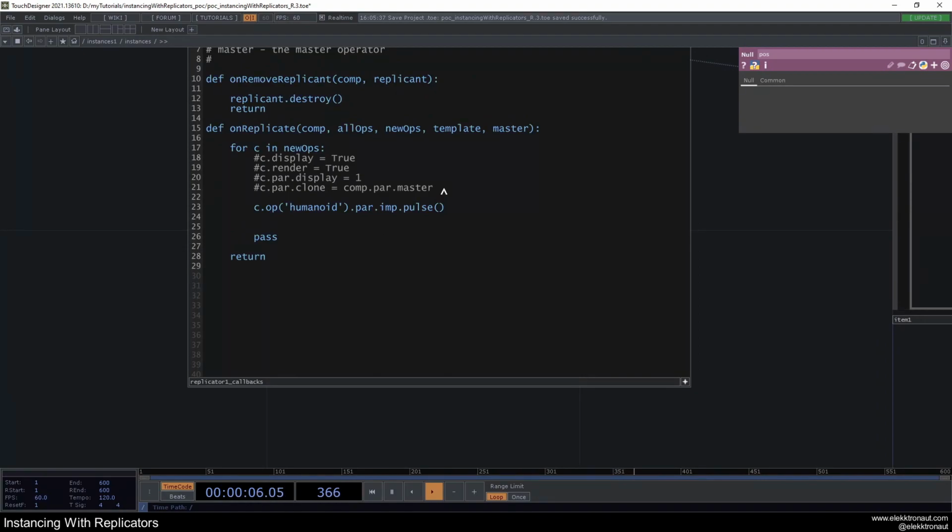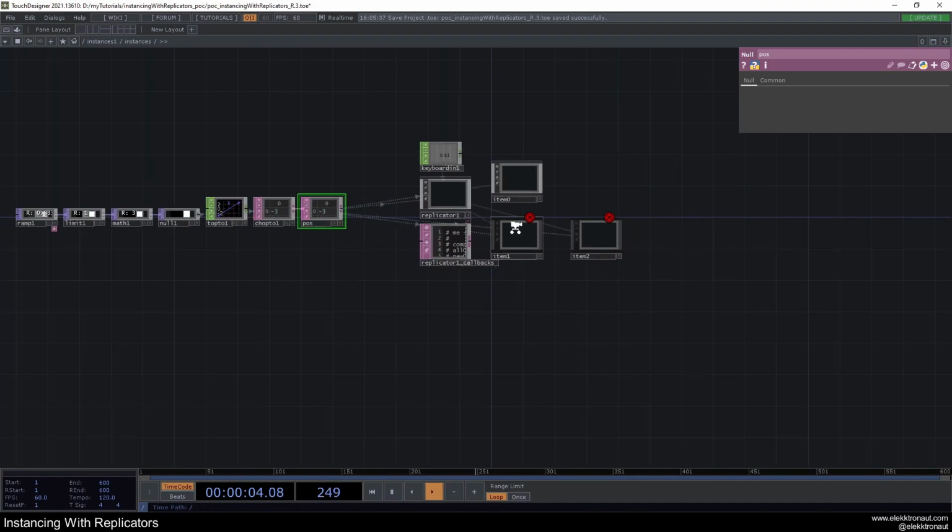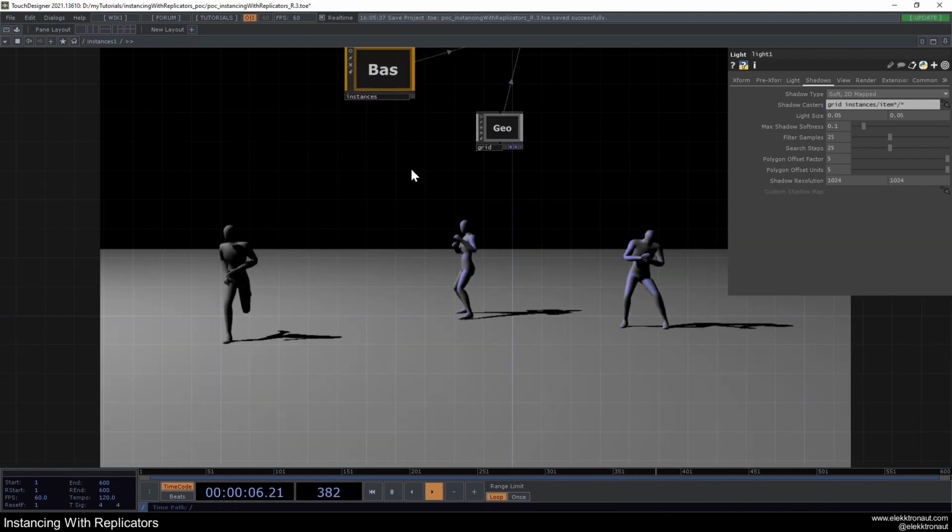So I'm going to type in c op humanoid, and then par animation.mode, and we have to write in ParMode.expression. It's kind of weird, and quite a lot just to change the mode to expression. But now if I click 1 again and ignore these errors, you can see we get 3 different